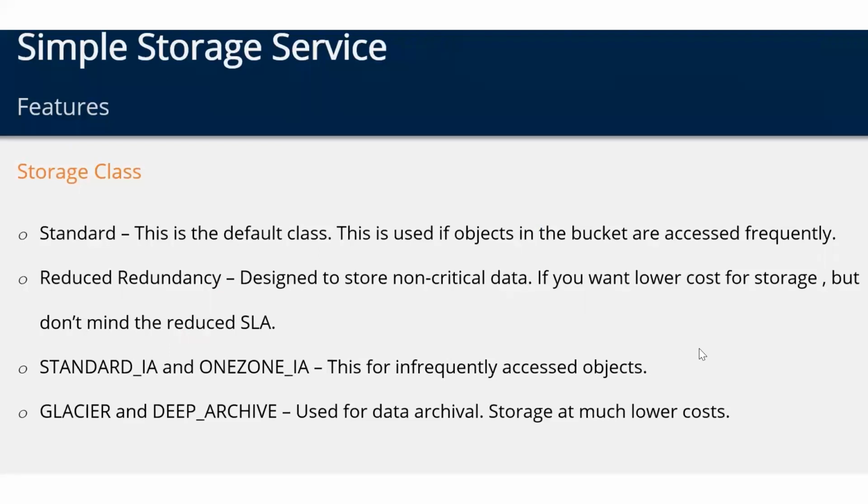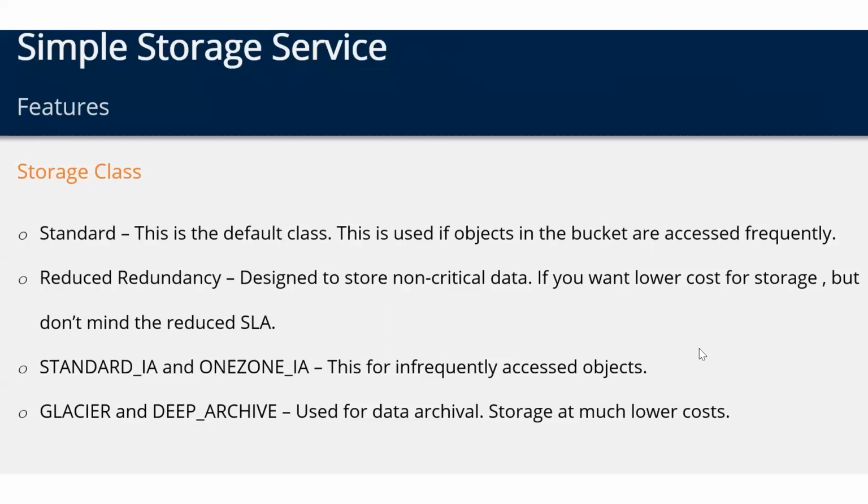Not only that, there are different kinds of storage structures in S3. As I told you, Amazon Web Services is very versatile and very dynamic, based on your business needs. You don't have to purchase a model A or model B, and that's all. Amazon Web Services has multiple business models: one is standard, second is reduced redundancy, third is infrequent access, and the fourth is Glacier and deep archives.